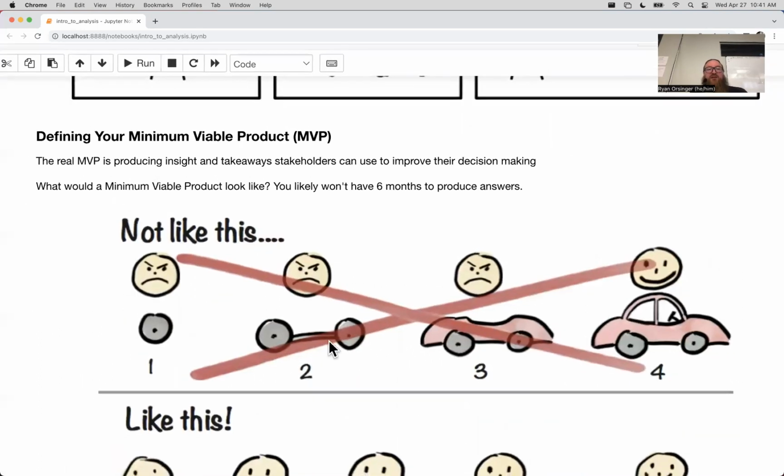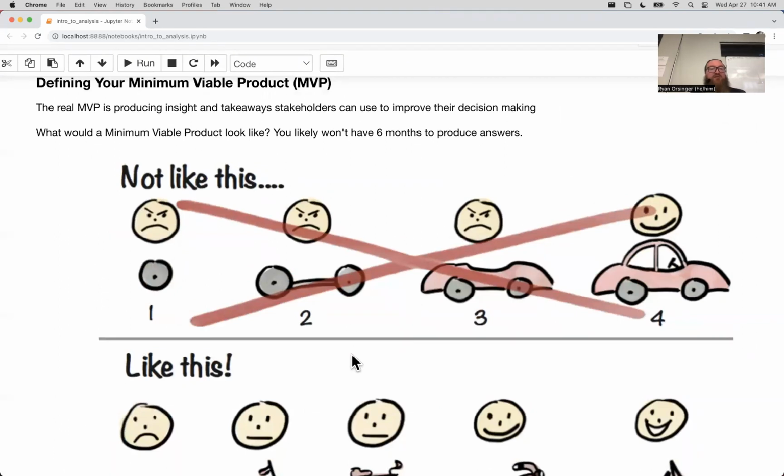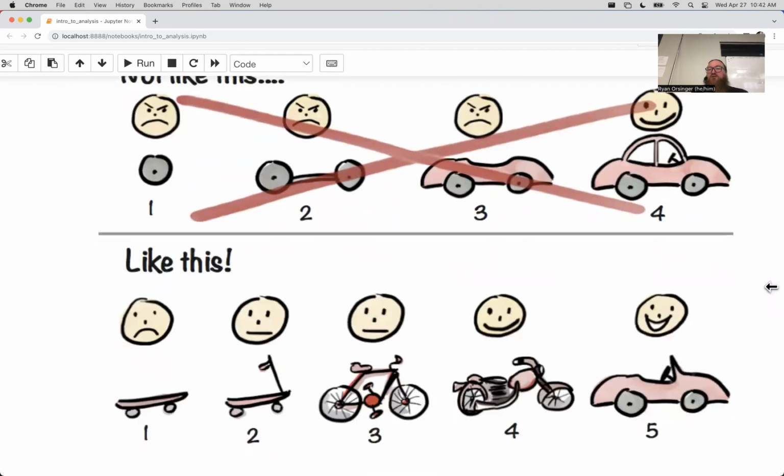So, a little bit more on that MVP. Now, this diagram is going to show something with wheels, but our MVP is insight and takeaways that our stakeholders can use to improve their decision-making. So they can get in front of the board and say, hey, I made a data-driven decision. They can check that box, right? Now consider,